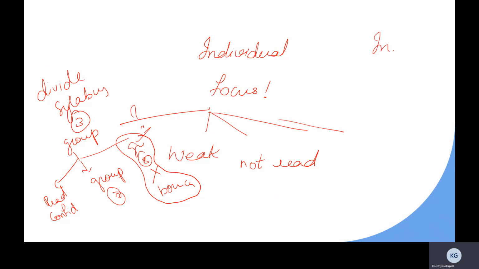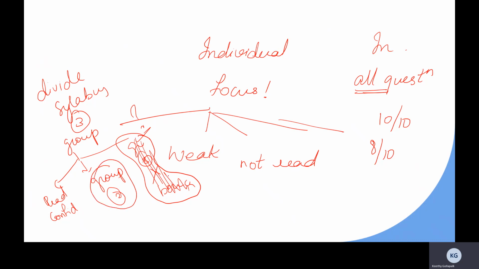Because in exams, to pass we need to attempt all the questions. Correct? In post-graduation theory exams, nobody is going to give you 10 out of 10 marks. Even if you write the best of your knowledge and skill, you can get 8 out of 10, right? So my sincere advice is to attempt all the questions, never leave anything. So make sure the maximum of your syllabus doesn't fall in group 3, where you don't know anything and if the question is asked, you're going to leave it. Make sure at least you fall in group 2. At least you know a few things, so you can write something if something is asked about it.